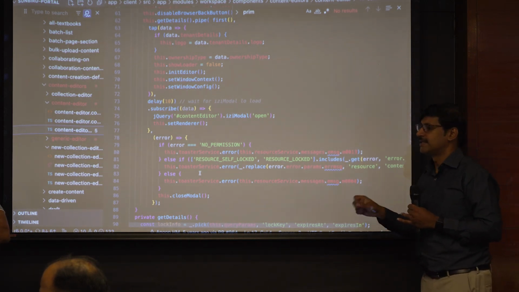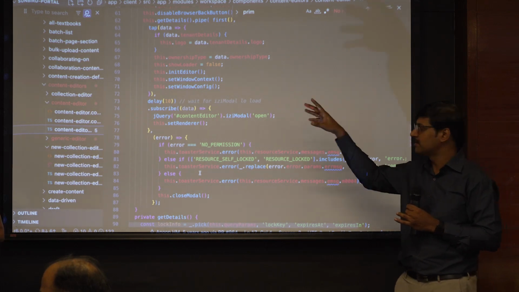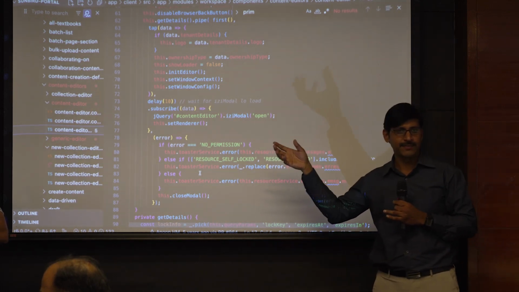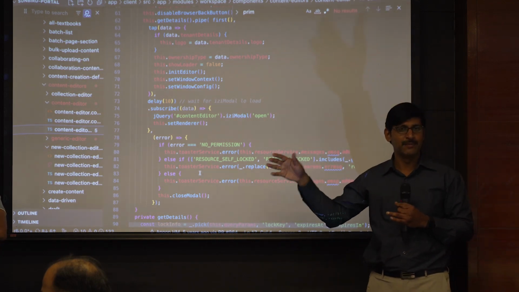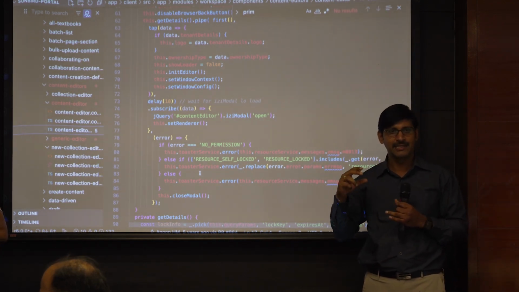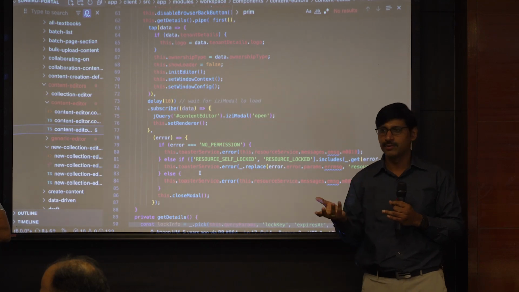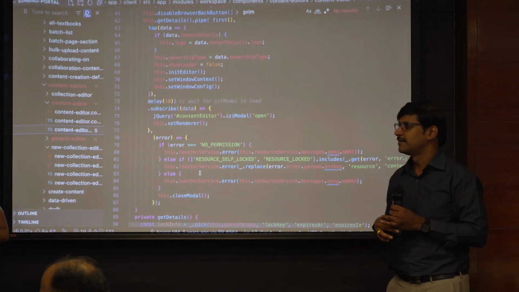So there are two editors, and pretty much the concept is the same. They are launched in an iframe, passing a configuration to the iframe, and that editor will take care of the internal piece. Like slides creation and everything, the editor will take care of it. The portal has no need to worry about that. Whatever the plugins are, the editor will take care.